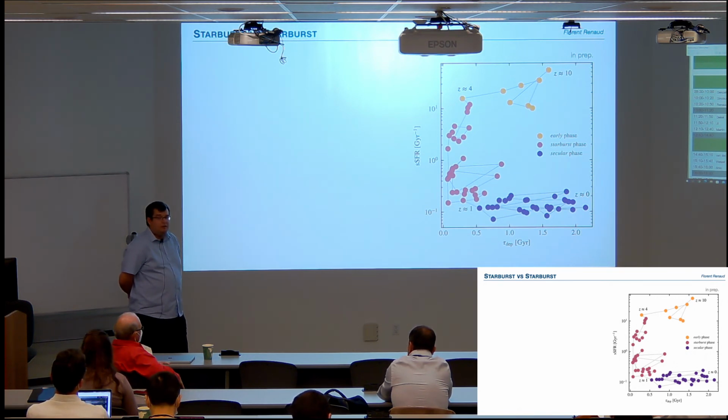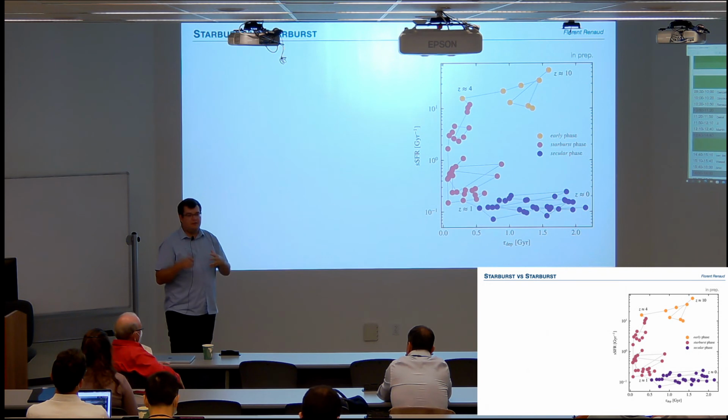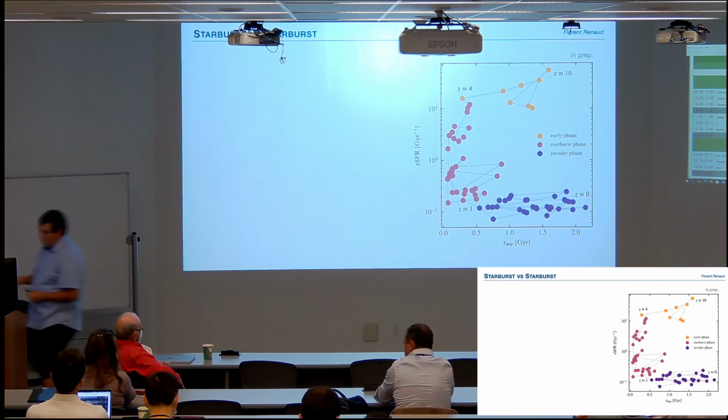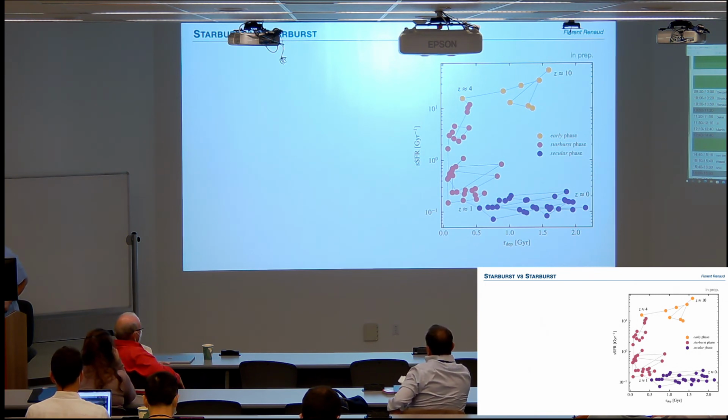Then if you look in terms of distribution of densities, you do not see a huge difference between these cases, in the sense that you distribute the same gas differently, and you will not reach super high densities. That's what I showed in this plot